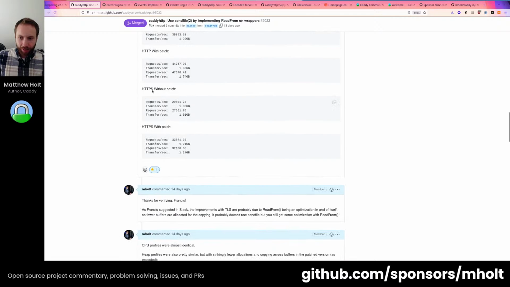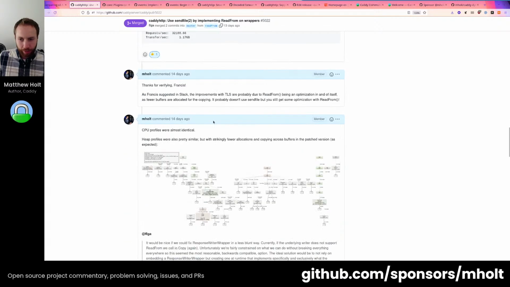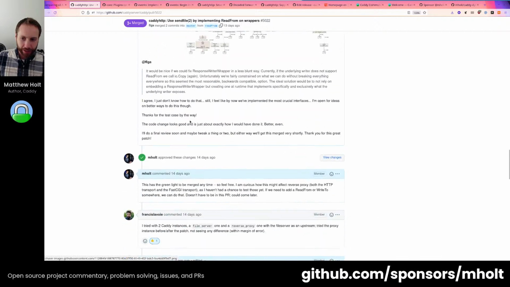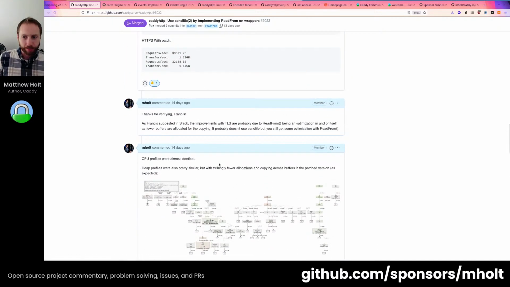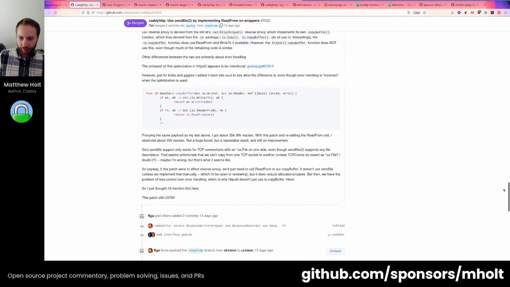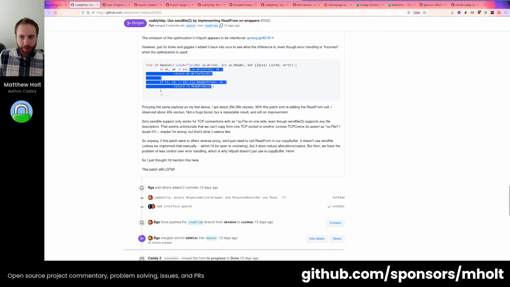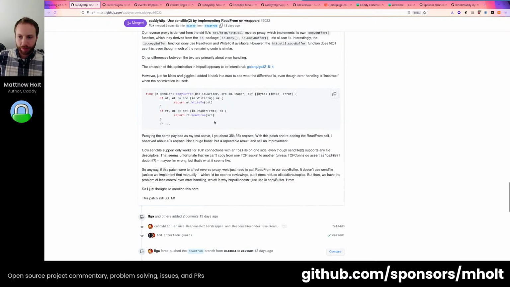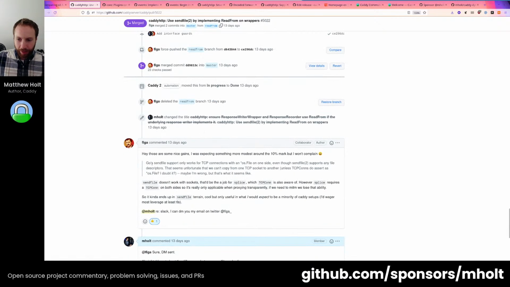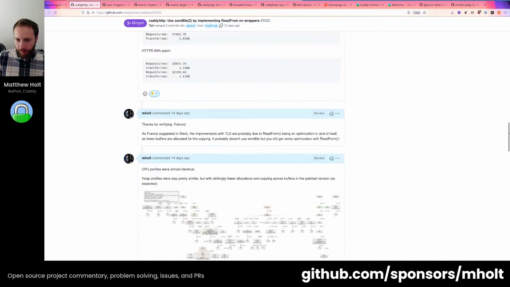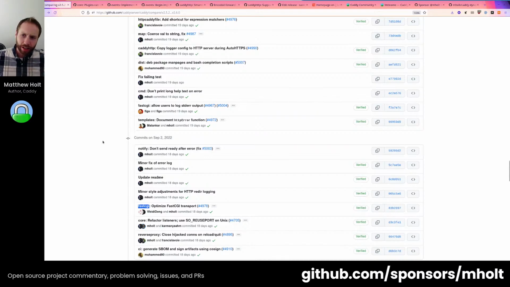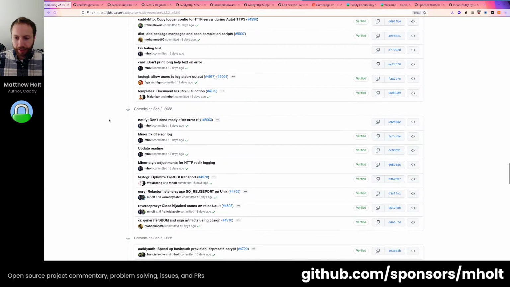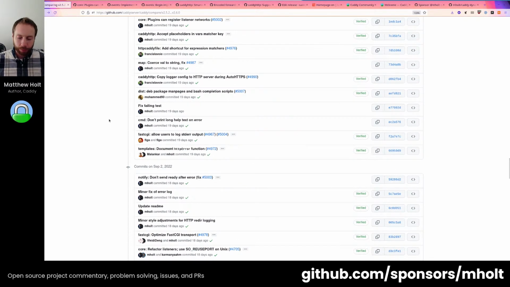Because, and this has been verified through multiple benchmarks, tests, different systems, and profiling, it's because of less buffer copying. We implement a more efficient kind of read-from, write-to way of doing it. If you're familiar with Go interfaces, we've implemented those interfaces. So your file server will be much more efficient. We still have a lot of work to do on the reverse proxy and making that more efficient. But like the HTTP reverse proxy,